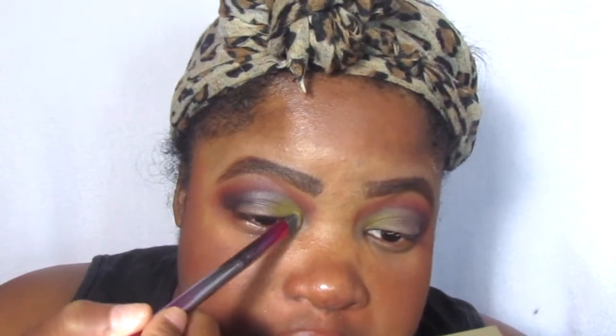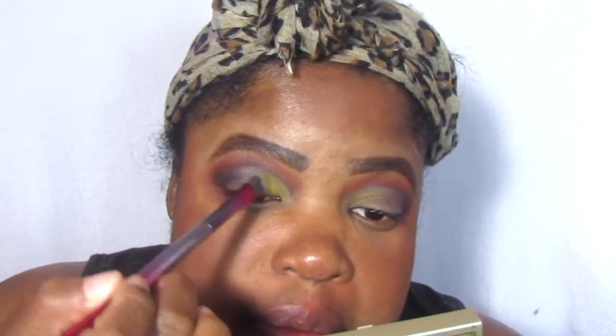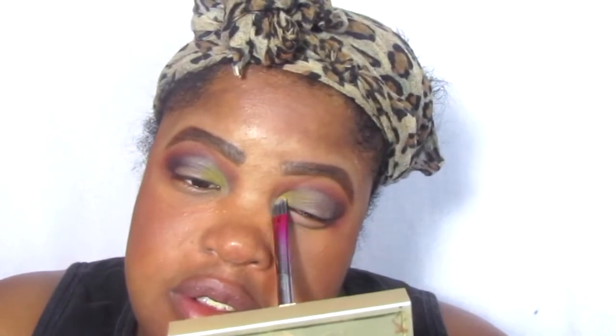Buttercup definitely shows a little bit more, but it's not really popping out the way I want it to pop. You know, it's not giving me that, oh my gosh. But the creaminess is just awesome. Like, the consistency is there. But I think I want to go in with